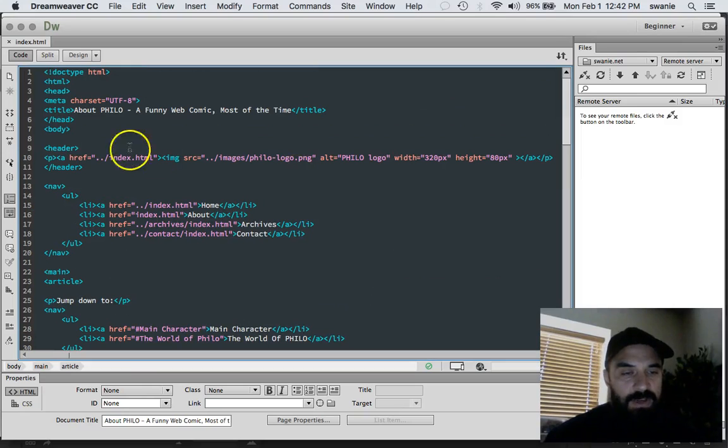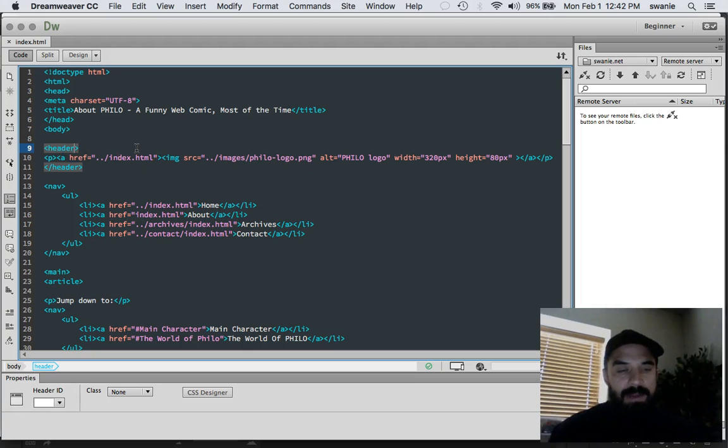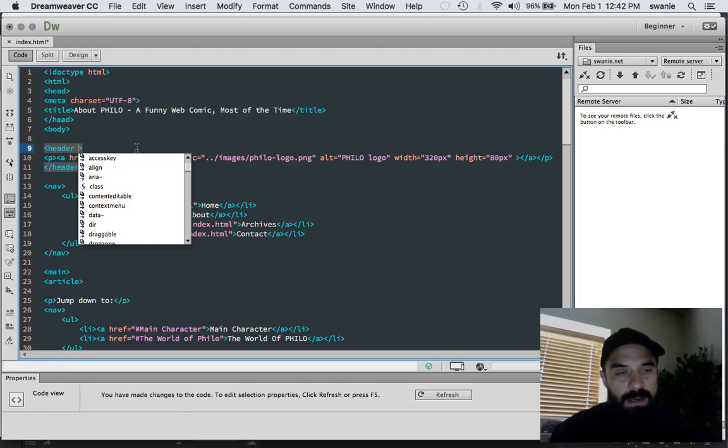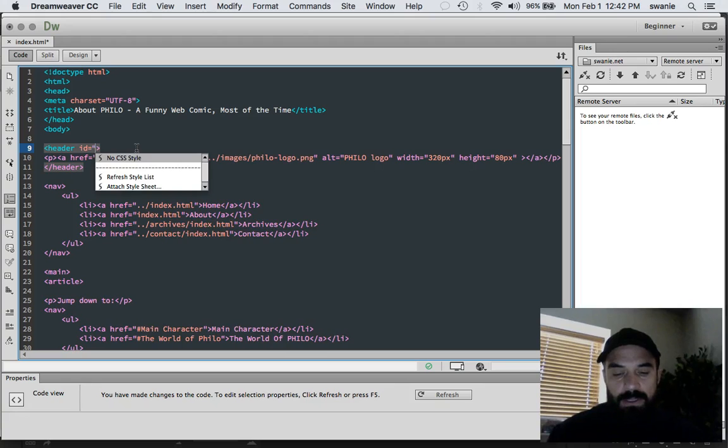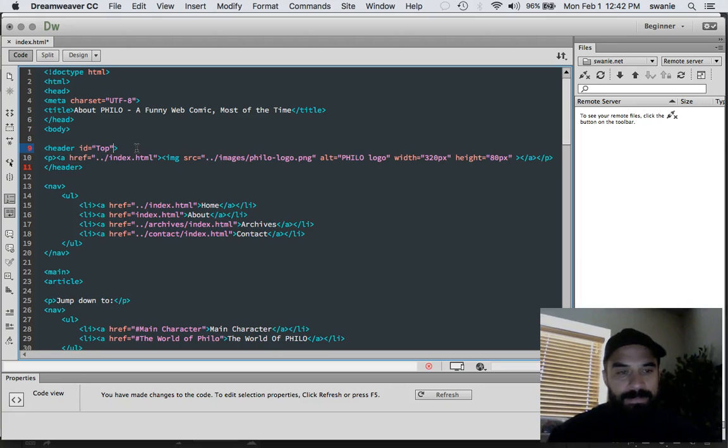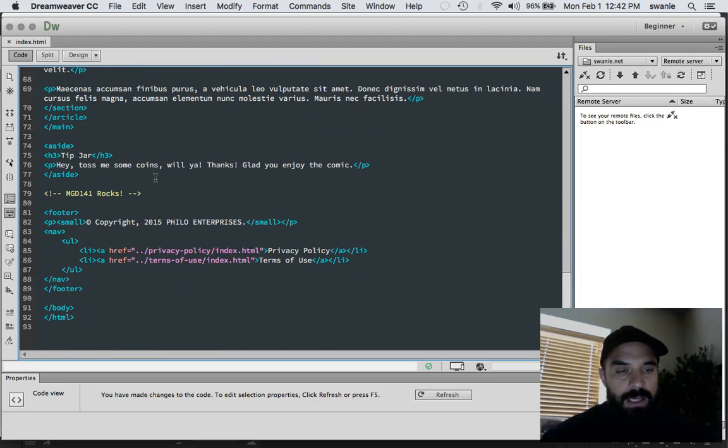This is sort of an advanced little trick, but up here at the body, actually we could put it on the header. You could put an ID for our header. ID equals top. Any HTML element can be given an ID. It really doesn't change anything visually for it, but what I can do with this now is at the very bottom, maybe even after my footer,